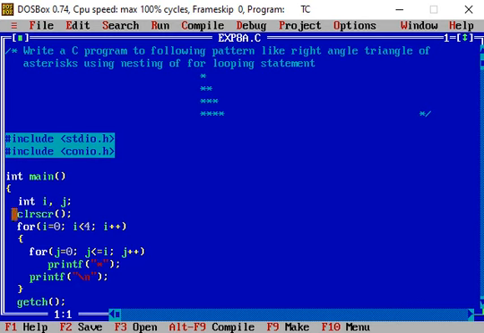So in the outer for loop, I equal to 0, I less than 4, I plus plus. So the initial value of I is set as 0, and there is a condition I less than 4. As in the given pattern, there are 4 rows.